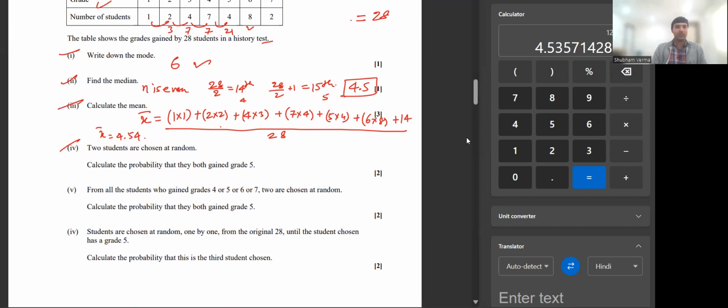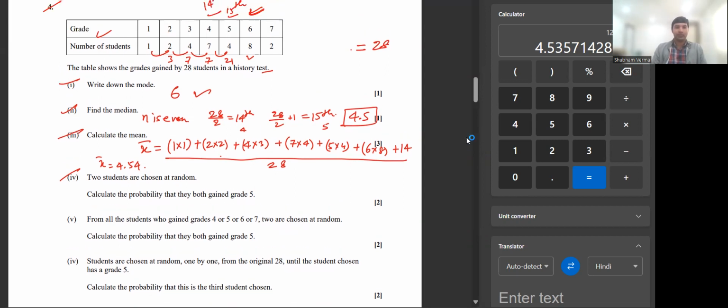2 students are chosen at random. Calculate the probability that they both gained grade 5. Okay. 2 students. So the first student, now there are 4 students. Okay. There are 4 students who got grade 5. How many are there? There are 4 students. So now the first child is chosen. So 4 divided by 28 multiplied by the next child, 3 divided by,